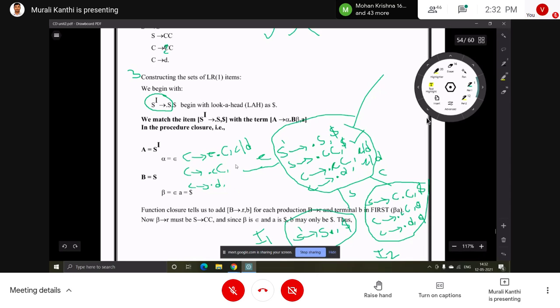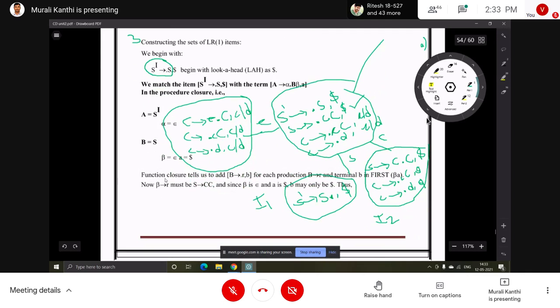So what is the form? First of beta a, beta is epsilon, a is c/d. So first of c/d, what will we get? We get c/d. So those two symbols are the look-aheads for this. Okay, after adding look-ahead symbols, next we have to observe, after that which symbol is there? Small c, after that small d. So these are the terminals, no need to add productions. Now this is a new set. Give a new name to this, I2 is already given, so now this is I3. So with S completed, with capital C completed, with small c completed.